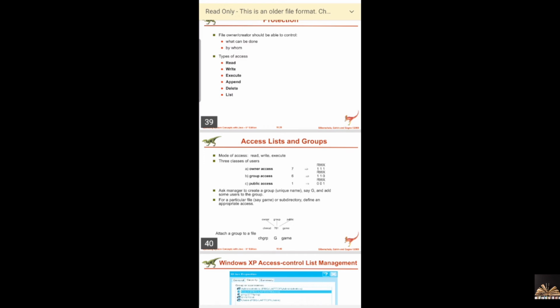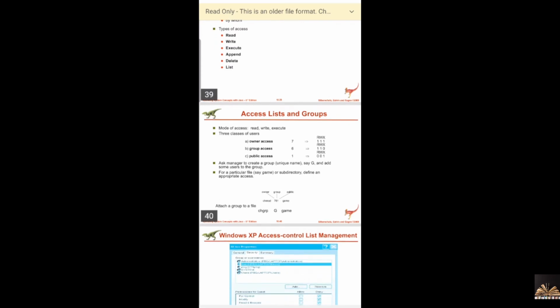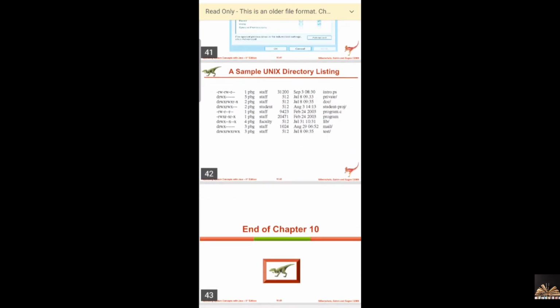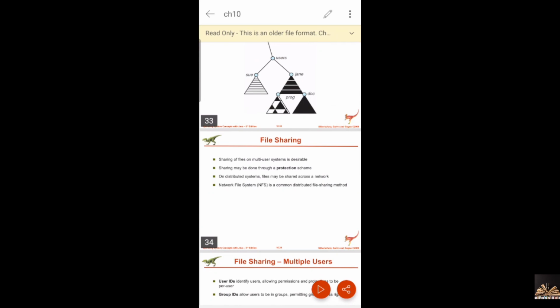If I give public access, he can only execute, right? You're getting me, guys? So these are the different types of access I can give. Based on these codes, you can share, right? So this is all about your file system, guys, and the protection.